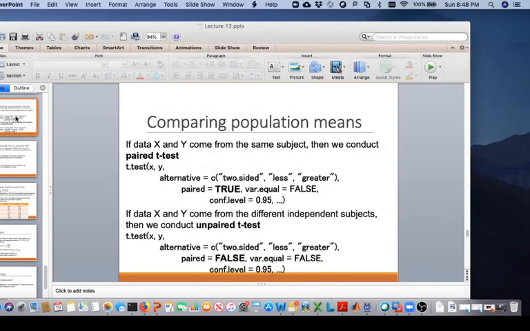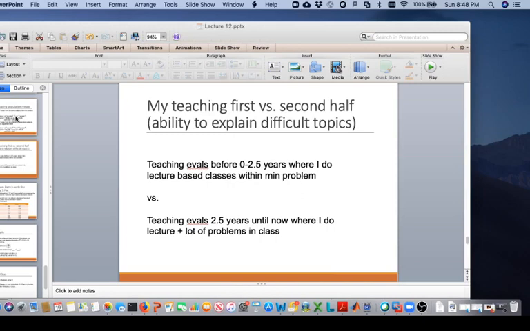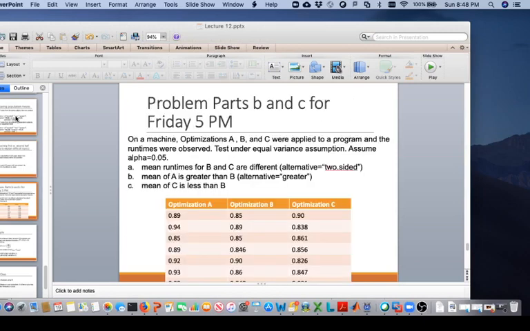All right. So that's how we compare the population means. Now let's take a look into another problem, and for this problem, I'm going to just solve part A here. So let's say that I have a machine, and I apply three kinds of optimizations on that machine for a particular